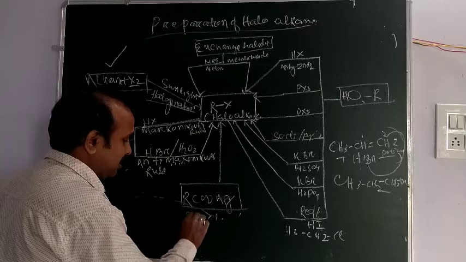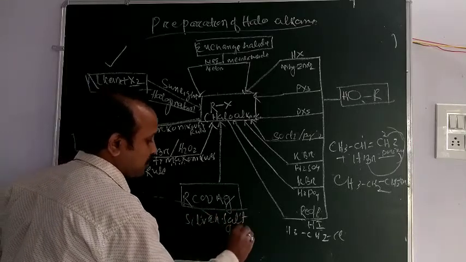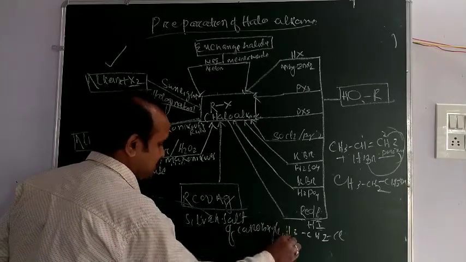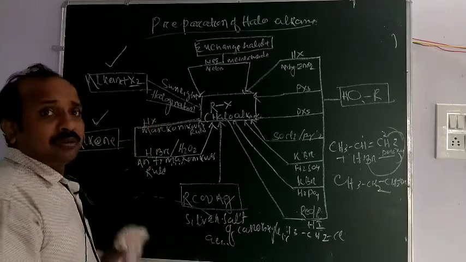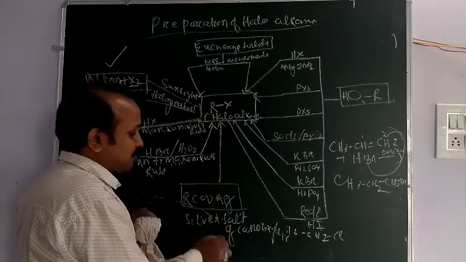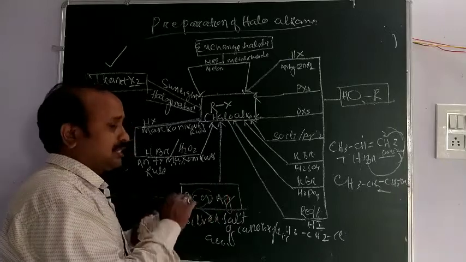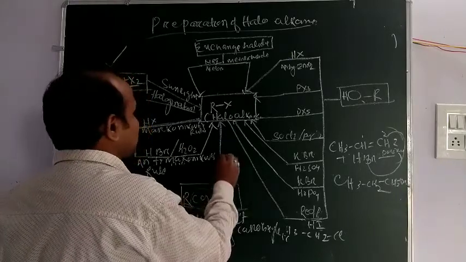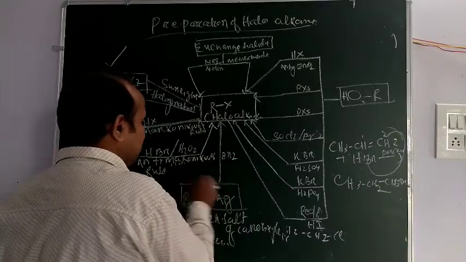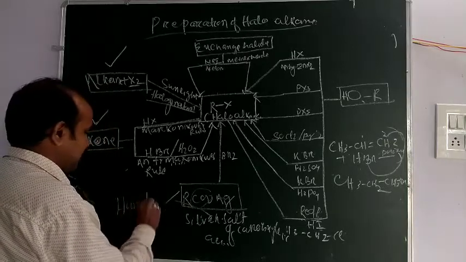Then, from the silver salt of carboxylic acid. Okay, today we discuss the reaction for preparation of haloalkane from the silver salt of a carboxylic acid. This is the removal of CO2, so that the carbon chain steps down by one carbon, and then it reacts with bromine to form alkyl bromide. This is called the Hunsdiecker reaction.